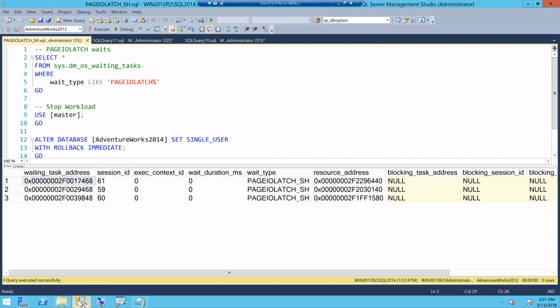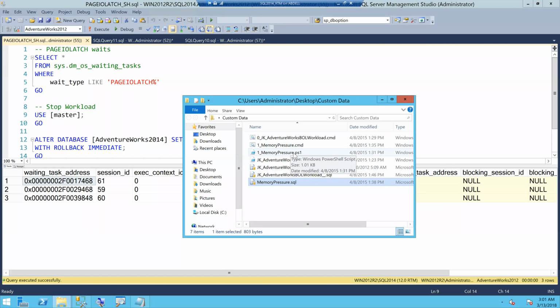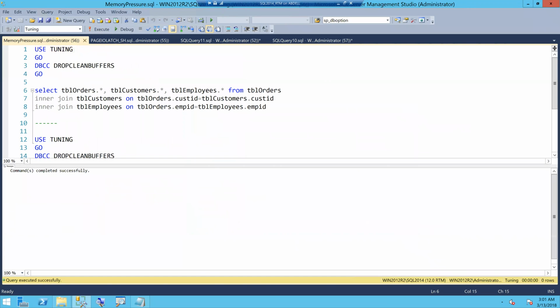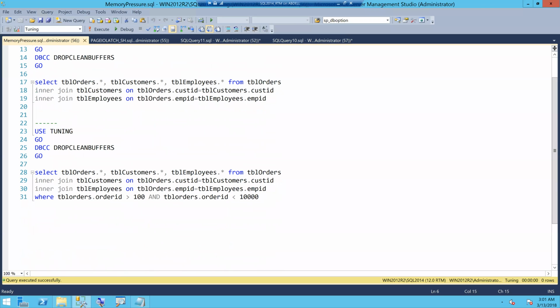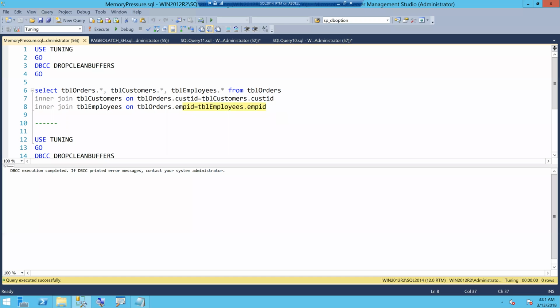Now, I will show you another example where you will try to do something similar, but it's actually not going to hit the page IO latch wait type. So let me take a query here from, let's say, memory pressure. I have a database here called tuning, and I just created a sample database for the purpose of demonstration. And now, if I do a dbcc drop clean buffers, so just delete everything,